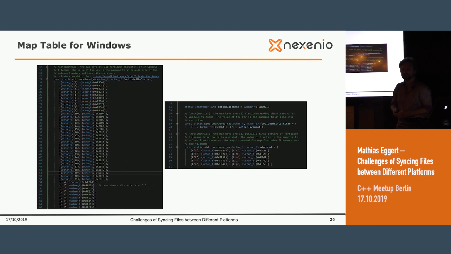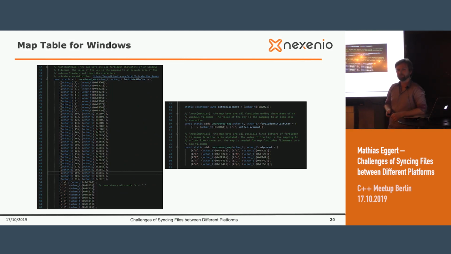There's a question directly. Are you also renaming file names on Linux for consistency, or only on Windows? We are renaming file names under Linux as well in some circumstances, in only one circumstance, because the file name is encrypted by the server, so nobody can guarantee us that there is no path separator inside of the file name. Because of that, in case somebody really was able to create a file name with a path separator, we will replace it with a colon, in macOS style, on Linux.